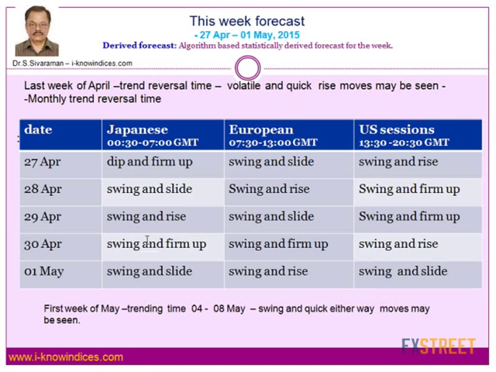But before that, they are expected to make the either way stop move in a big way, because the month of May starts only on 1st of May, and since it is only one day, they will not be able to establish the high or the low, and also the prime data releases are going to be during the first week. They will try to make the either way moves on the downside as well as on the upside. Then I will explain to you next week, on 4th of May, what sort of moves are going to be seen during the next week when the prime data releases are going to be there.